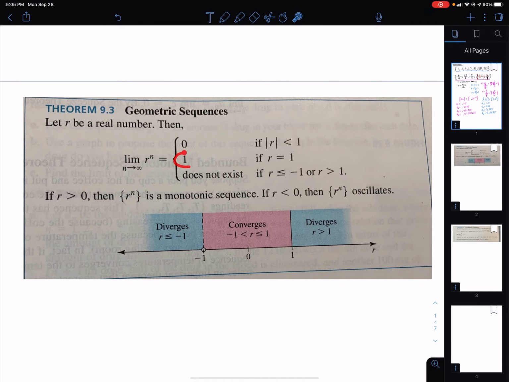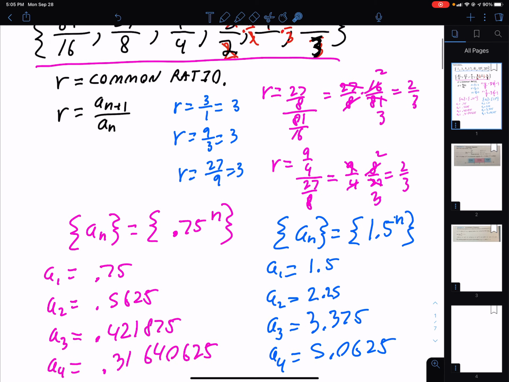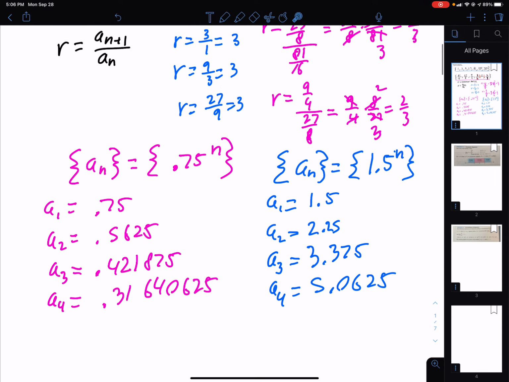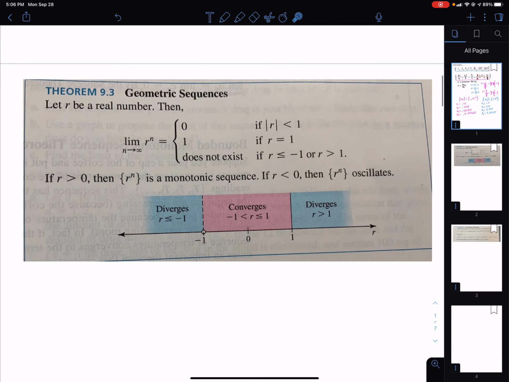Now, it'll equal 1 if your r is 1. If your r is 1, you're starting with 1. It's going to be 1 to the n, right? Well, 1 to the 1 is 1. 1 squared is 1. 1 cubed is 1. It's always 1 because this is 1 times 1. And so if your r is 1, the limit of your infinite sequence will be 1. And if your absolute value of r is less than 1 or r is bigger than 1,